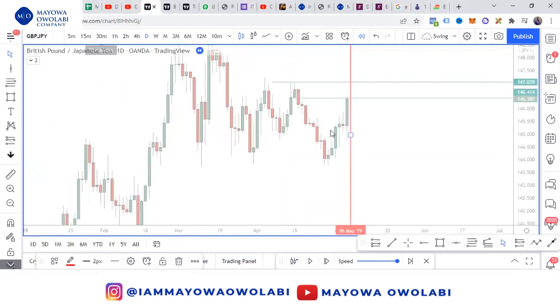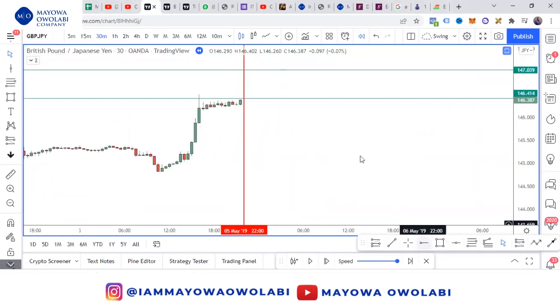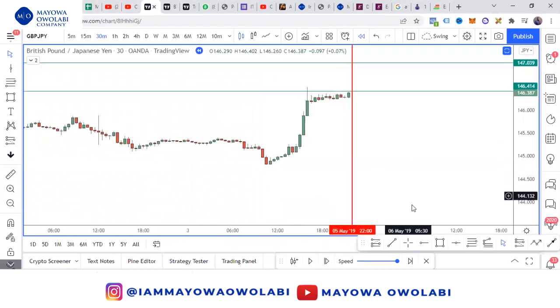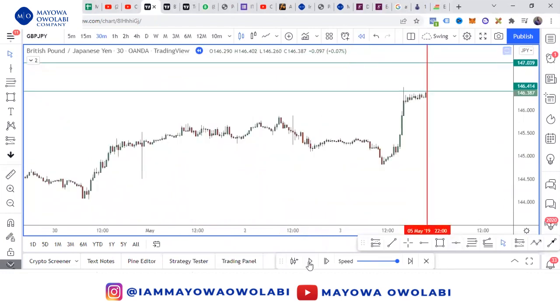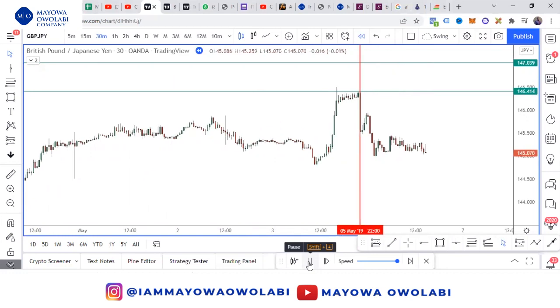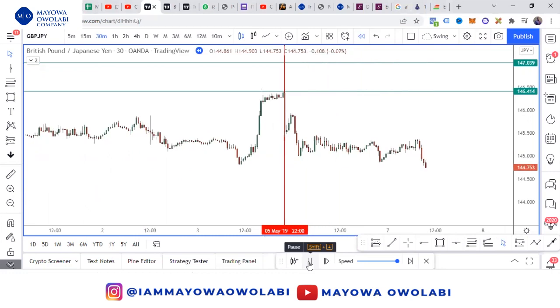Let's go to lower time frame and see. You can see this is a Tokyo session trade. This is a Tokyo session trade. So you want to be able to ask yourself, when am I to go in this trade? When am I to go in? Because when you go in at the wrong time, you will definitely hit stop loss. You want to be able to know the time to go in, the time not to go in, and